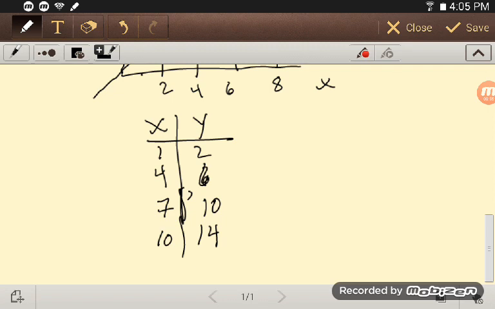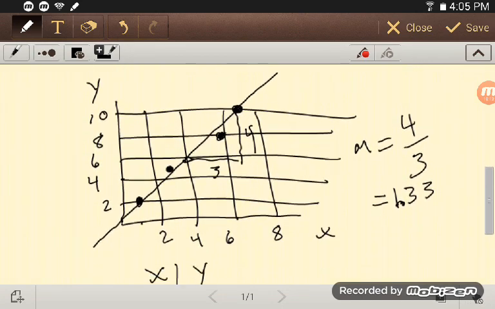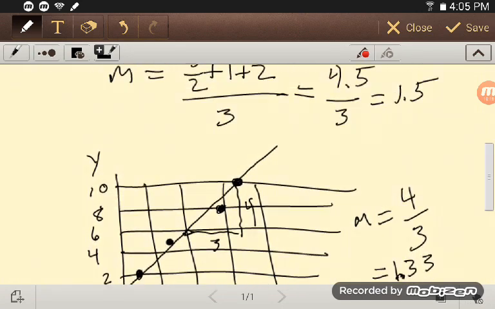If I take away 3 from 1, I get a -2. And if I take away 4 from y being 2 there, I also get a -2. And so I can start filling things in just by using that slope ratio there that I'm given. Okay, so that's a more